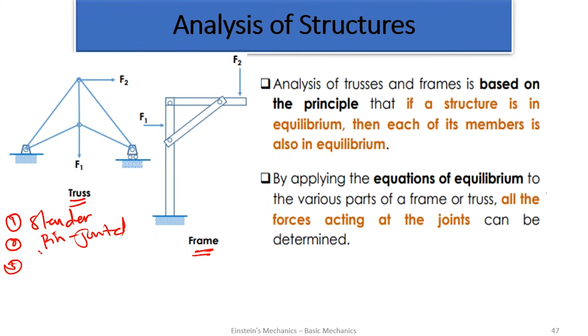and three, loads at joints. So let's check if they are slender, meaning their sizes are not bigger. Yes, this truss, look at the size of the members. They are very slender. Yes, so this first one is obeyed. Pin jointed: each member or two or more members are